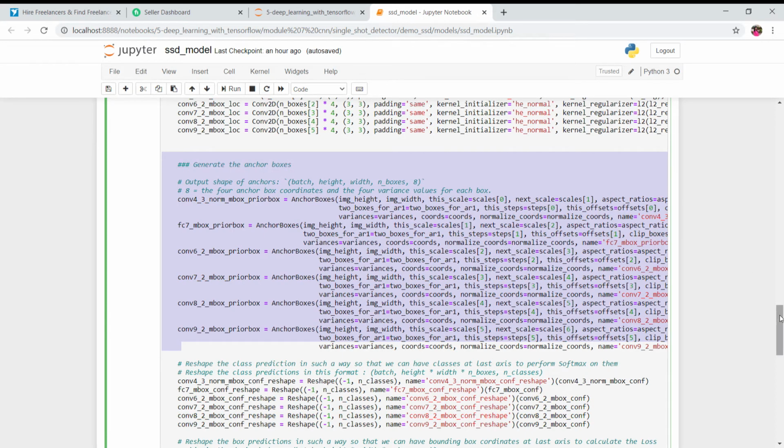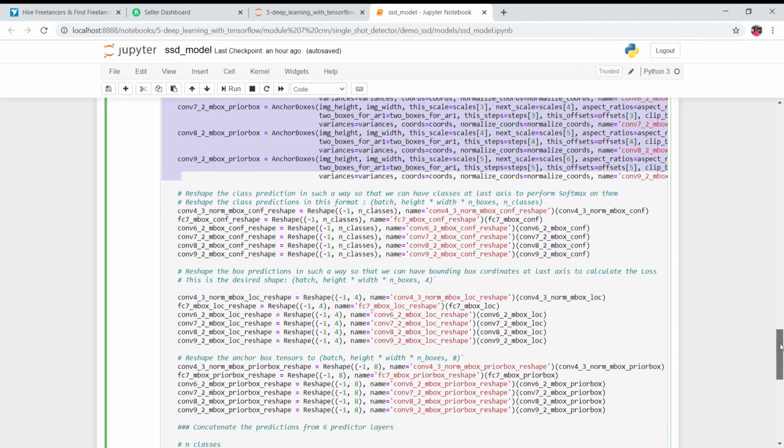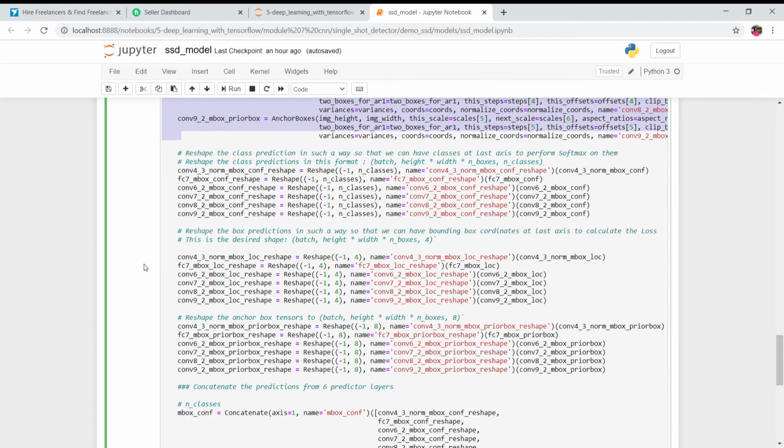Now the task is very simple. We are only reshaping our data, the data which we got from the above functions, right? So we are basically reshaping it. Now see guys, I'll share this code, and in the comment section I have also mentioned what is the task which we want to perform in the below lines. So this comment is for these 6 lines.